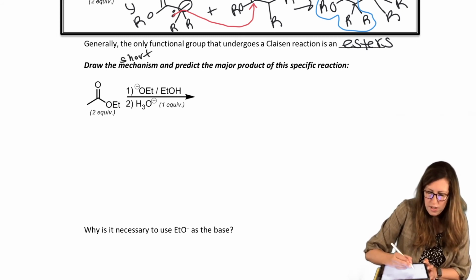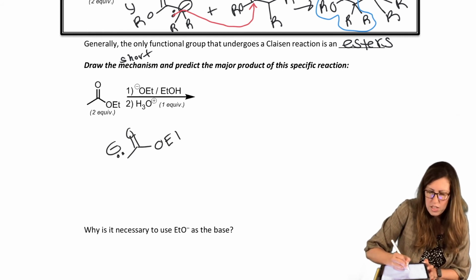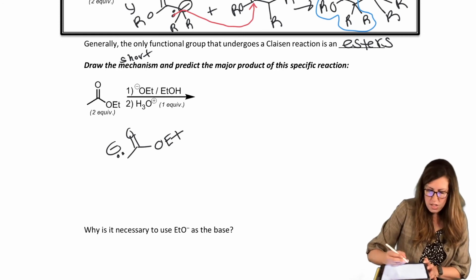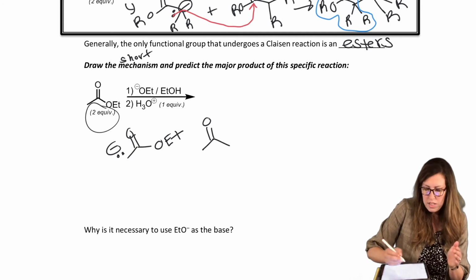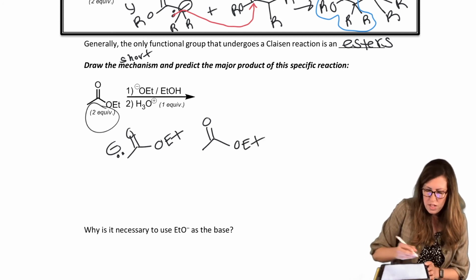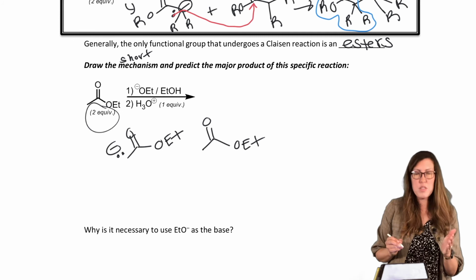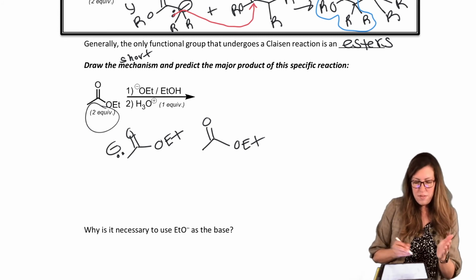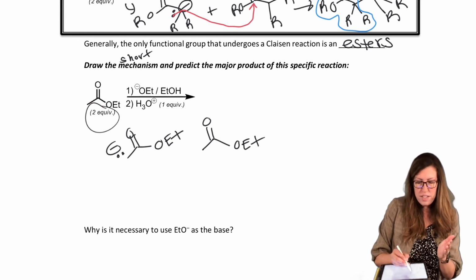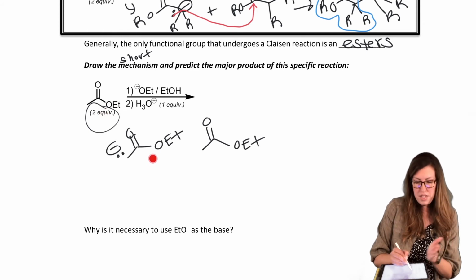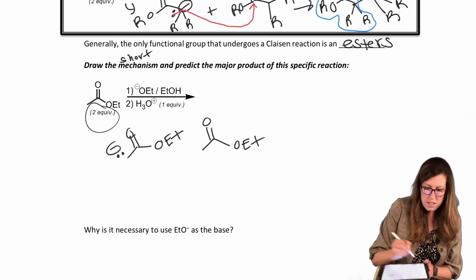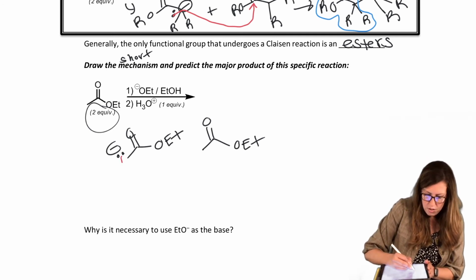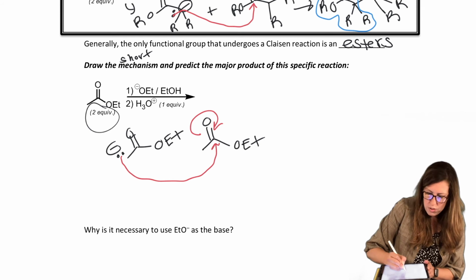We're going to say, okay, if we need to predict the product, I know that one needs to be the enolate. I'm going to go straight there because that's acid-base. I'm not going to show that every time anymore. And I'm going to take its neighbor because it only has itself as 2 equivalents. So I'm going to take its neighbor. And so half of it gets reacted with half of the ester present, so it's a 2-to-1 ratio. Only half of it gets deprotonated, that's this half. The other half stays unprotonated, that's that half. That's the idea behind the equivalence, right? And then it's going to go attack, open, close, kick.